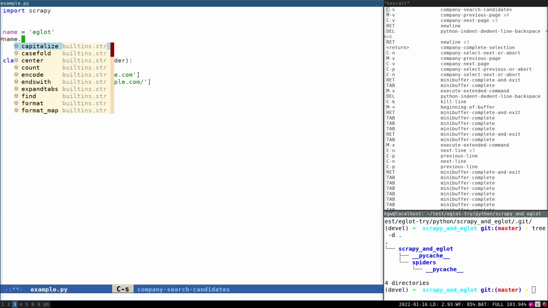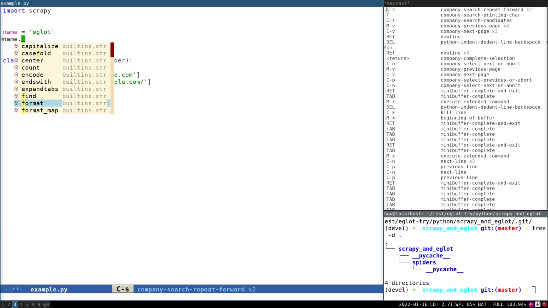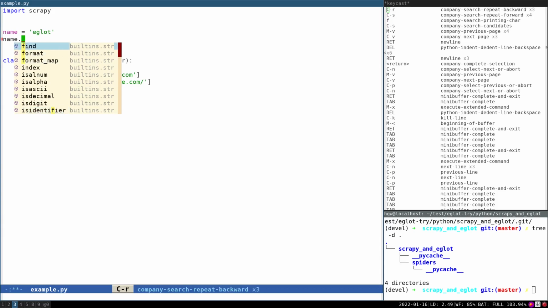For example, type f. The matched items will be highlighted in yellow. Then type Ctrl-S or Ctrl-R to loop over the match results forward or backward, just like in a normal buffer.